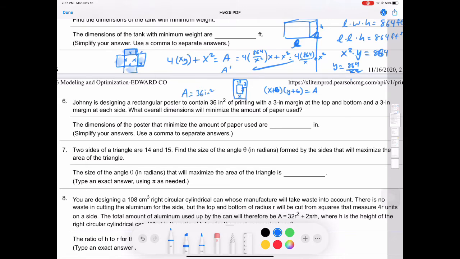And what else can we say? The x times y equals 36, because that's the dimensions of the inside. We can go ahead and solve for our x value here. X equals 36 over y, and we'll plug that in here. So we end up with my area being x plus 6. Again, this is the area of the full poster. Let me put F there. Full poster, and this is the area of the inside poster. Times, we said y is 36 over,